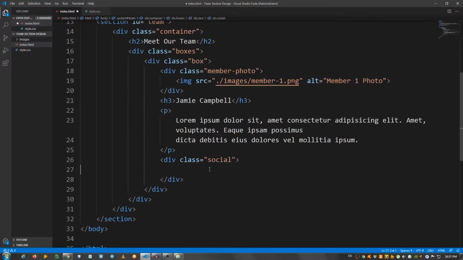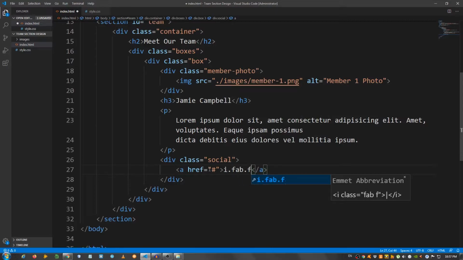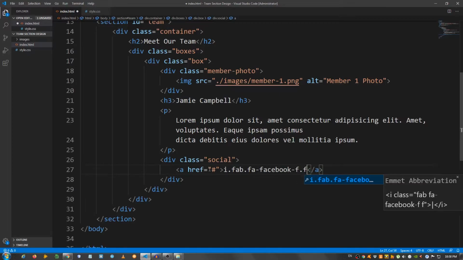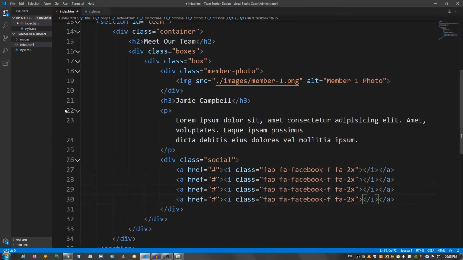Okay, and I'm gonna create an A element, so a link element, and inside here an I element, an icon with a class of fab, fa-facebook-f, and let's make them a little bigger, so fa-2x. Okay, good. Now let's copy this 3 more times, so 1, 2, 3. Change this one to Twitter, this one to Instagram, and the last one to LinkedIn, so linkedin-in. Okay,